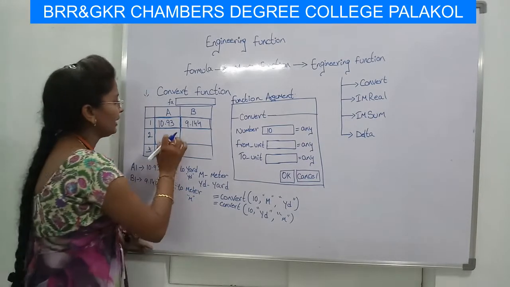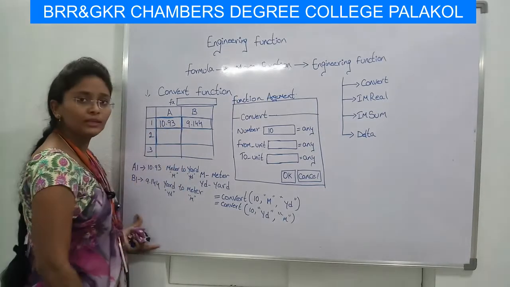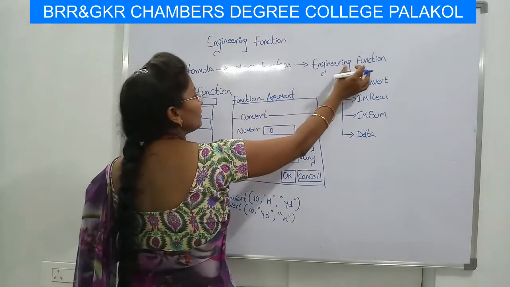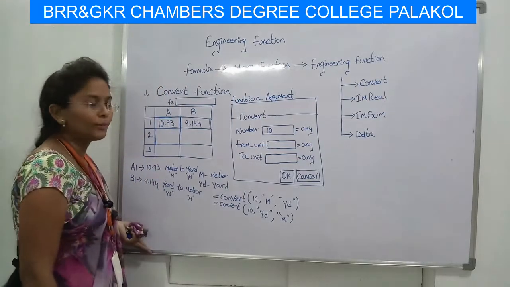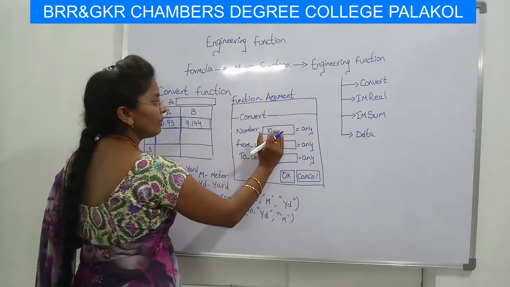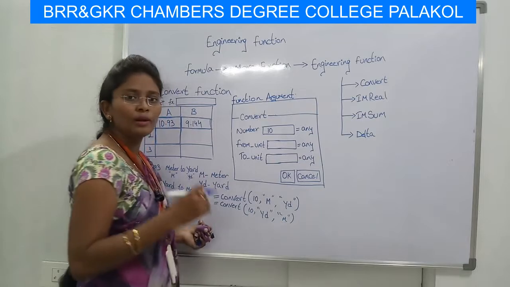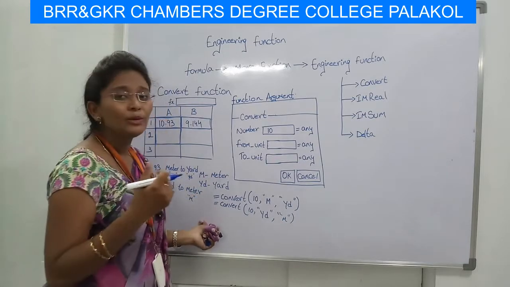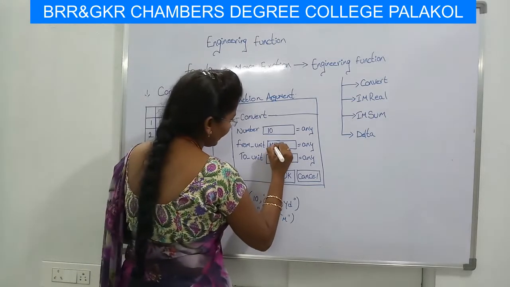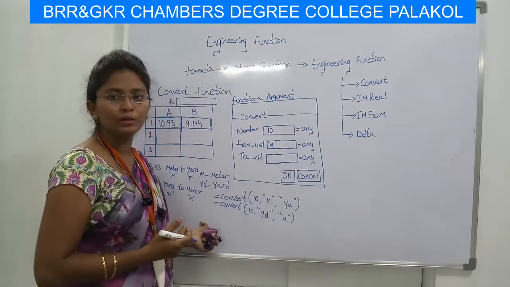And for the second one, I am selecting the A2 cell in the Excel sheet. I am clicking on Formulas, More Functions, Engineering, and the Convert function. Here the function dialog box will appear. In this dialog box, I am entering the number 10. After entering the number, I have to type the from unit. I am entering meter here, that means M. It will be taken in double quotations.